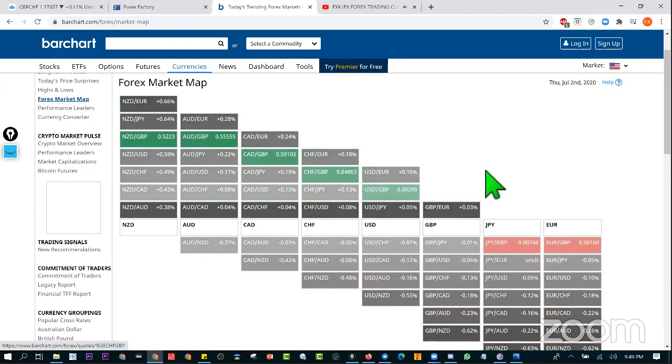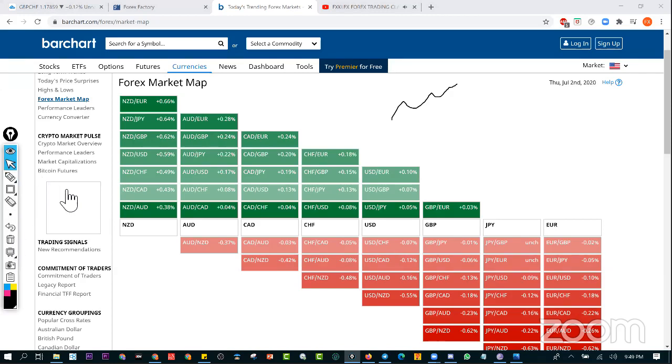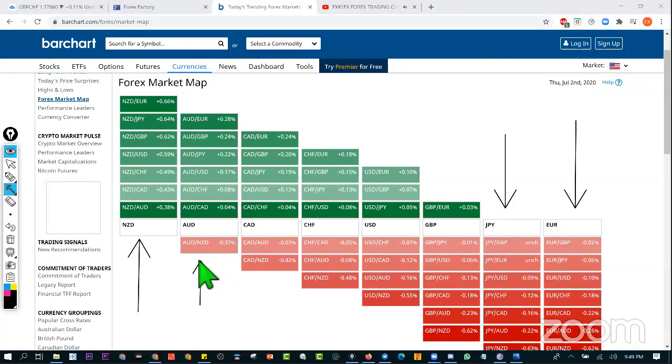That is the Forex market. You can see right now the weakest currency in the market is the Euro paired against the USD. We have the Japanese yen as the second weakest currency, and then the New Zealand dollar as the strongest currency. We have the Australian currency right here too. They are twin brothers. They move in the same direction.